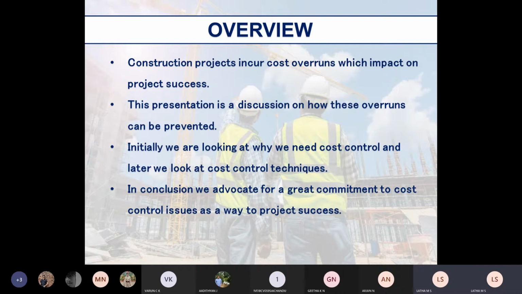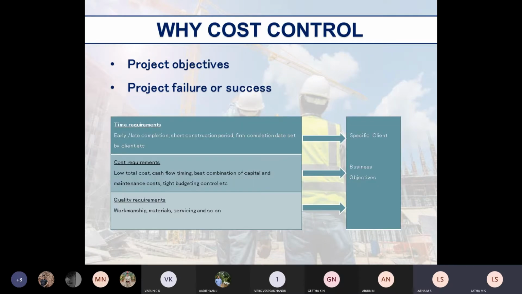These are the content delivery for the cost effective or cost control aspects in the construction. Now, why does cost control have to be made? At first, for example, you are given a project, you will be defining what the objectives are. If I am a structural engineer and I am given a project, I am supposed to design it. I have to come out with a structural drawing. A structural design and drawing has to be done, for which a project objective has to be declared.